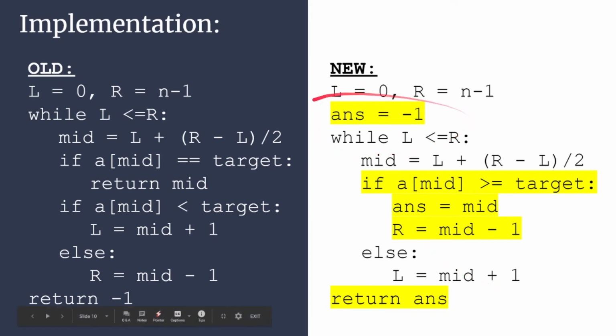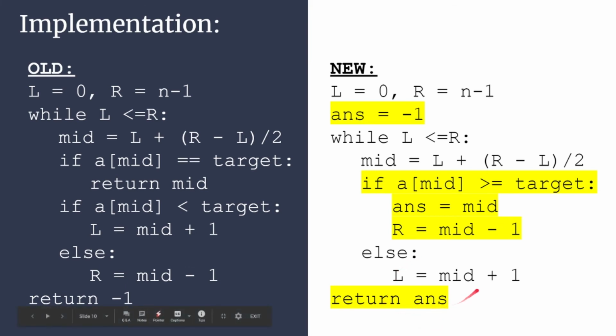So this is our new implementation, and we're going to have a new variable known as ans, and ans is equal to -1. So instead of having our equal value to compare it from before, all we have to do is just have this greater than or equal to target value. And we basically just keep on overwriting the answer value with the better answer until the while loop ends. Then once the while loop ends, we've come across the closest value or we've come across the actual correct value